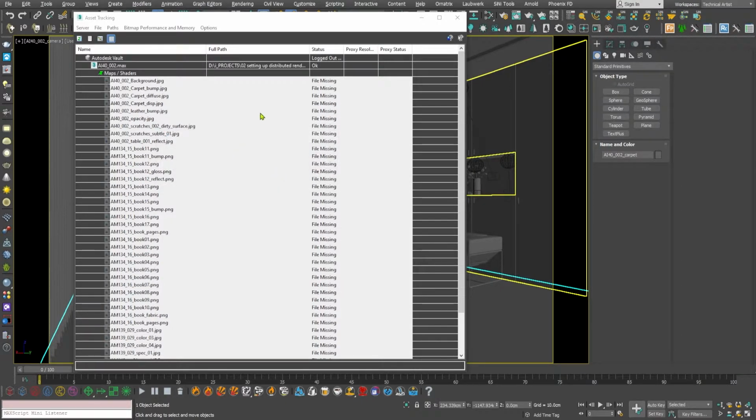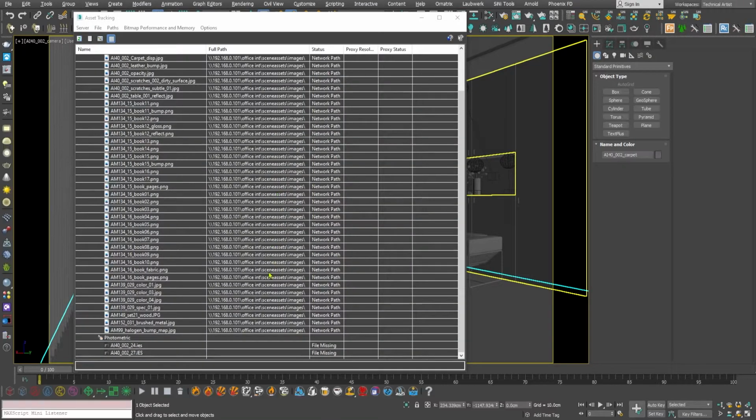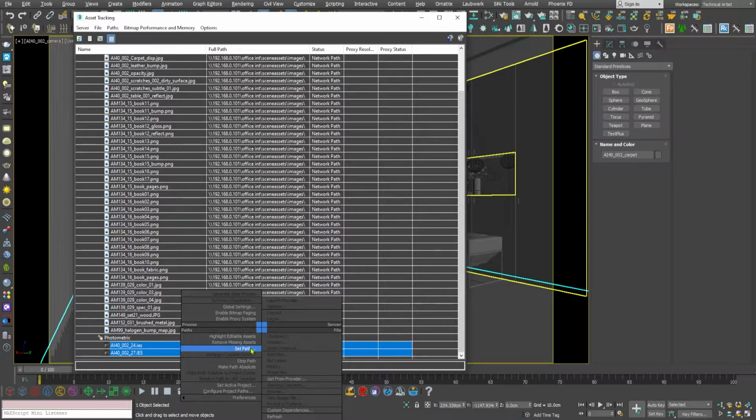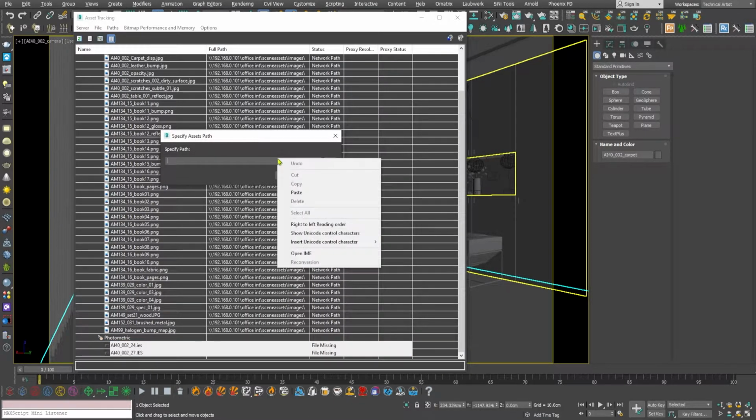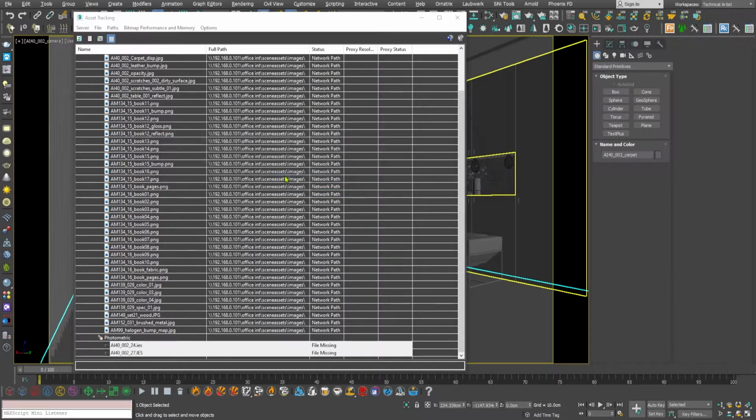Why are we assigning the network path to the textures? Because we don't want any computer to give missing textures error when we do network or Backburner rendering or distributed rendering.